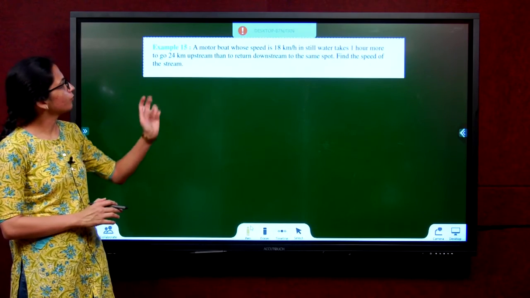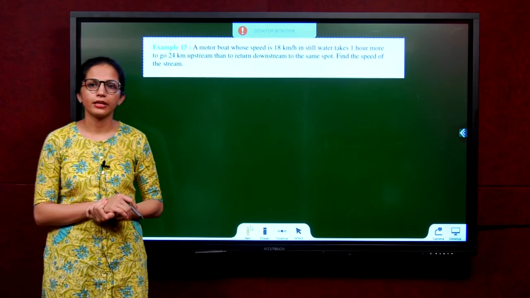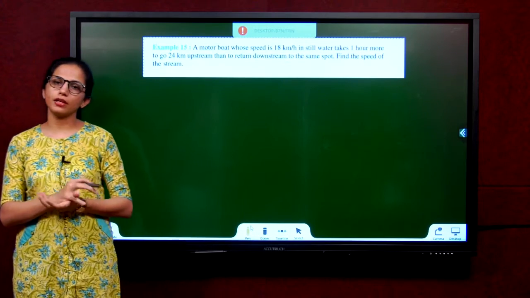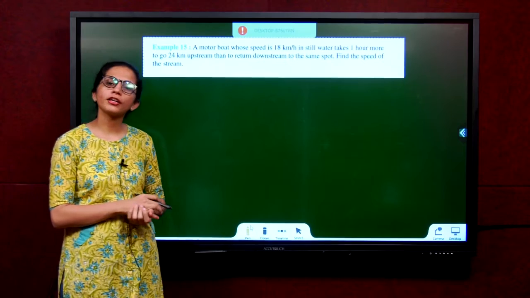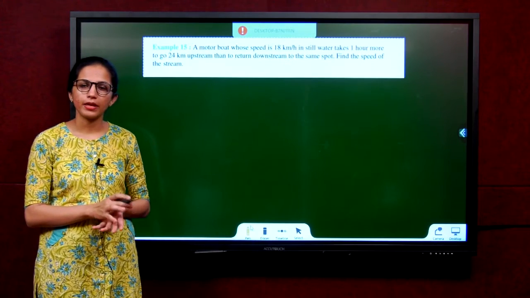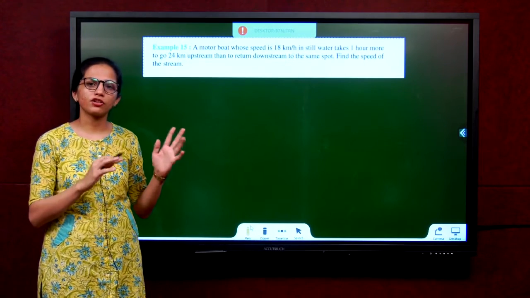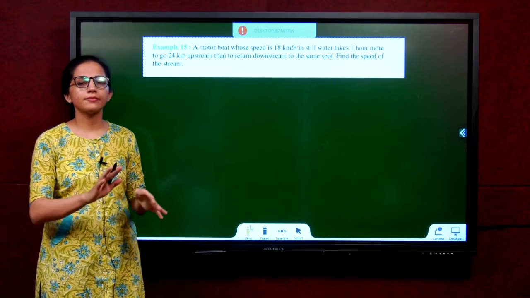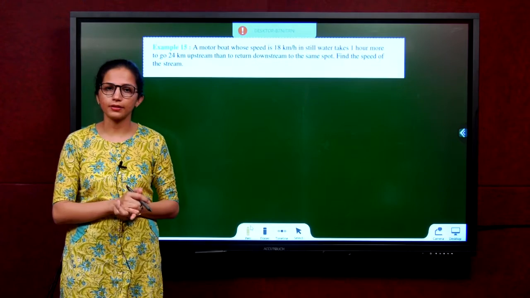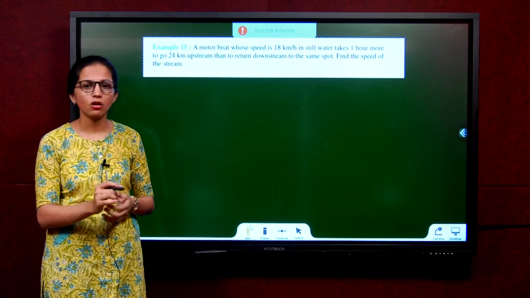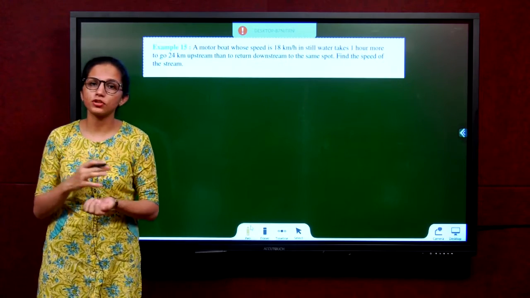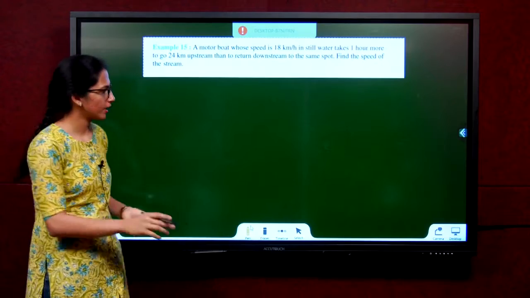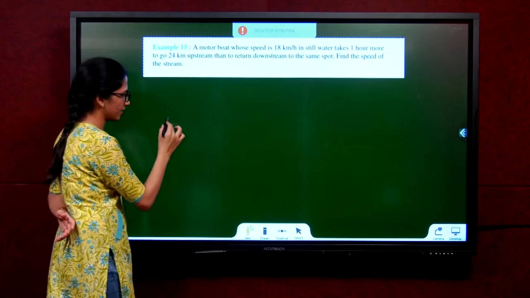Okay, so now moving to example 15, we are talking about upstream and downstream problems. We already saw an example of speed. Speed problem, we saw there, you remember, we took t1 minus t2 is equal to 3 hours. Similar to that, we will do the time thing over here. But the question is, how do we solve upstream and downstream problems? Let us first understand what is happening here.